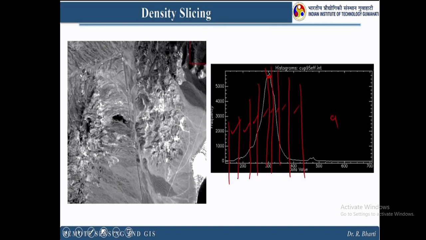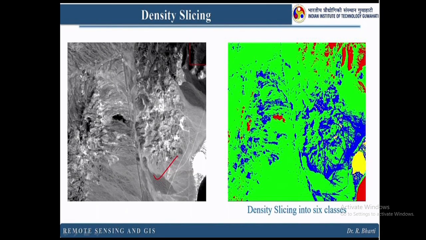One part is 200 to 300, and the peak is in the 300 portion, and the lowest portion is from 700 on. Density slicing takes one image with gray values, black portion and white portion,